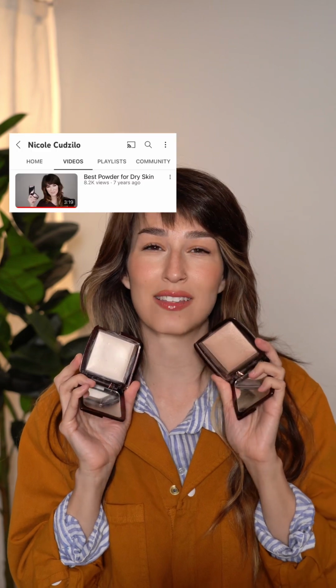One that you guys have probably heard me talking about, or at least seen in many of my videos, are the Hourglass Ambient Lighting Powders. I have been using these since literally the day that they came out. I was working in Sephora at the time, so we had access to all of the launches, and this was the powder that changed my entire life, honestly. I have a video on YouTube about why this is the best powder for dry skin, which I still firmly